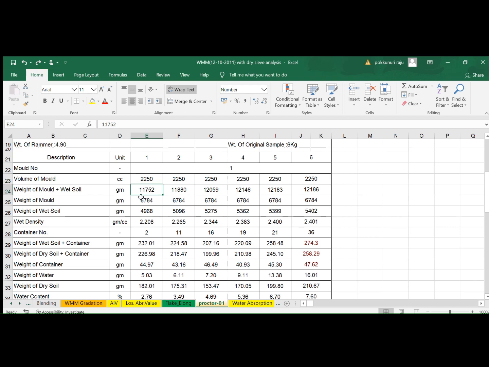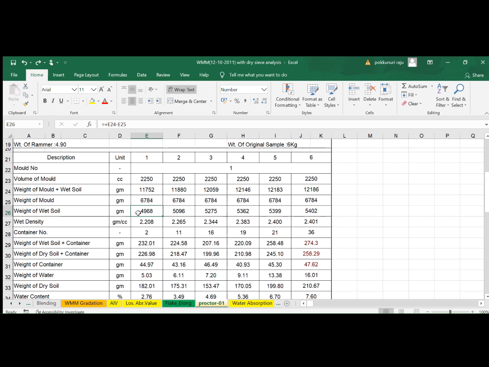Weight of mold plus wet soil is 11752. Weight of mold is a standard which is pre-measured and checked, equal to 6784. So the weight of soil is the weight of mold plus wet soil minus weight of mold, which gives you 4968.